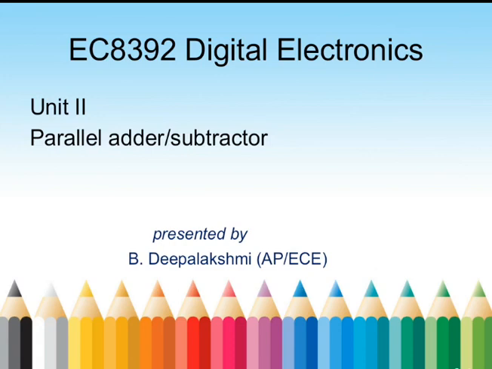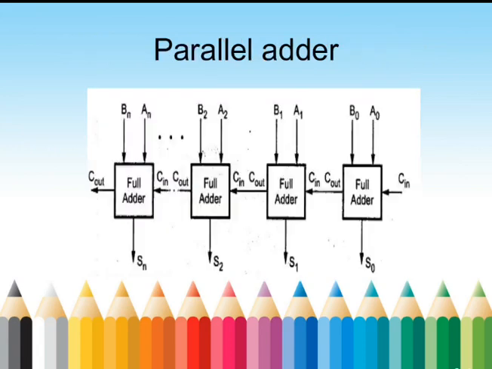If we want to perform arithmetic operation for n number of bits, we need to integrate these full adders or full subtractors individually. So instead of doing that, we may use this parallel adder circuit. A parallel adder circuit has been designed with the help of full adder circuits only. That means it consists of a cascade of full adder circuits. If we want to design an n-bit parallel adder, n number of full adder circuits are cascaded in a single combinational block.